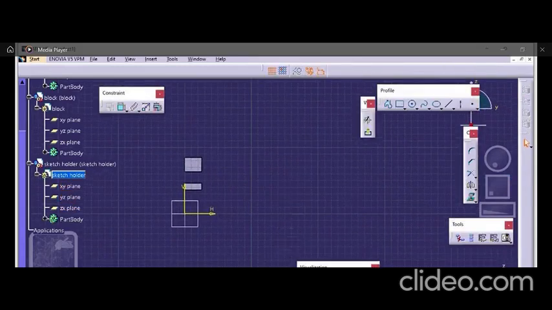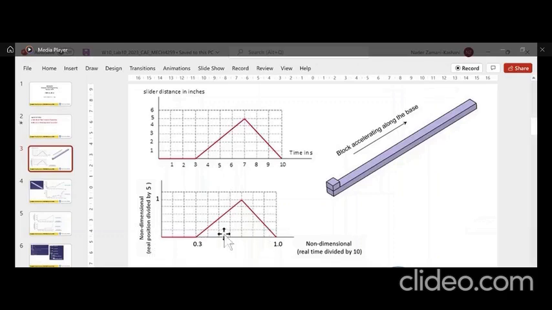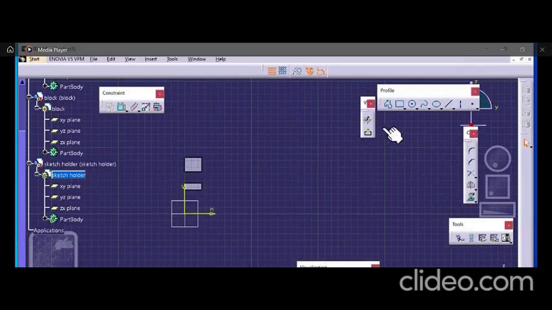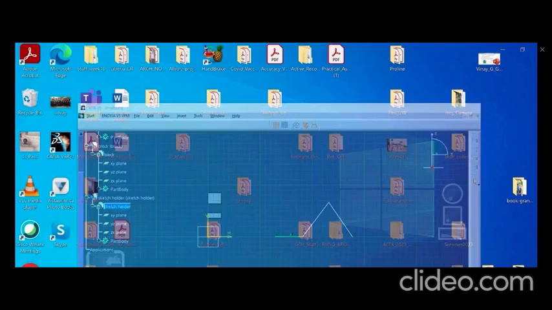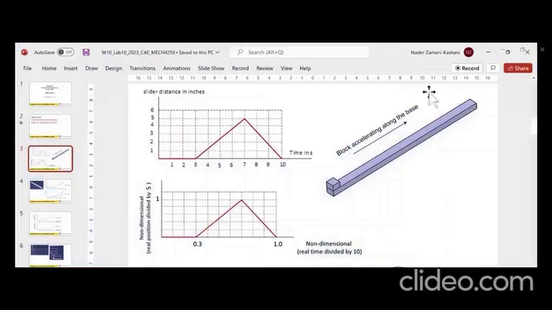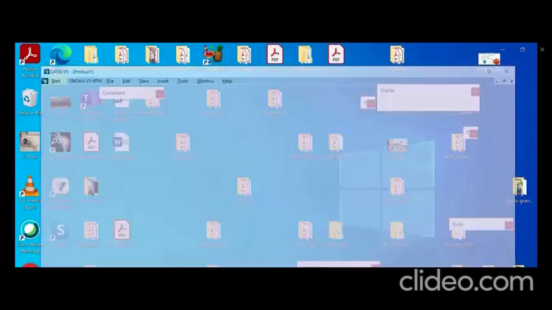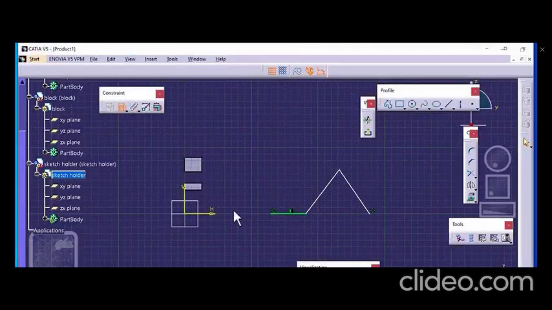Okay, I have to draw something like this. Horizontal to some value, back down. So let's go do that. And so let me go and draw a profile like this. It doesn't have to start at 0 either. Like that, going down, and we're good. Now let's put some dimensions that reflect this. So I'm going to say, okay, dimensions from here to here,